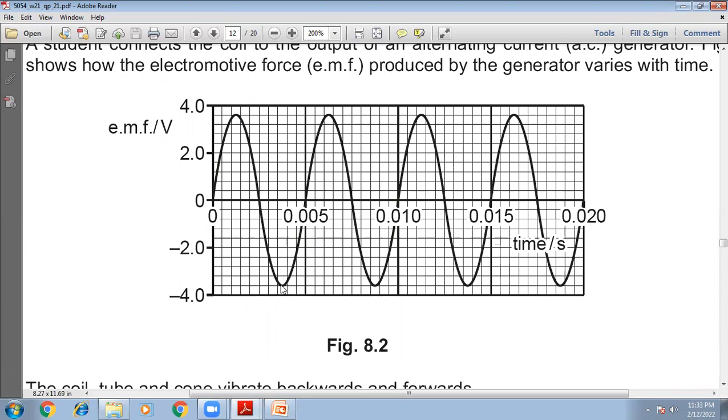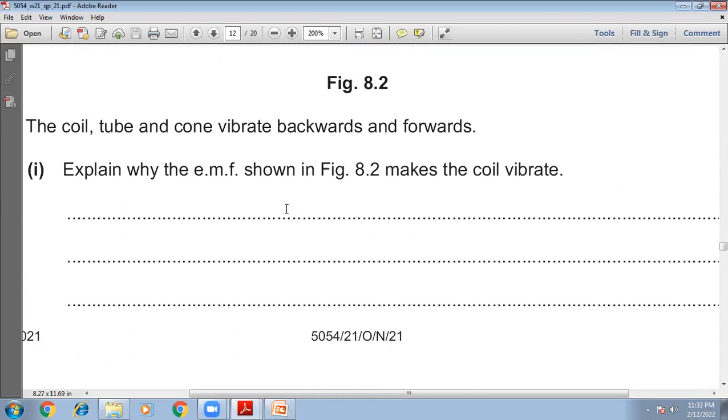Here it's minus 3.6 volts. So the current you provided is alternating current. It's positive, negative, positive, negative. Alternating current means that the direction of the current is changing. And you can see that the time period of the current is 0.005. So he says explain why the